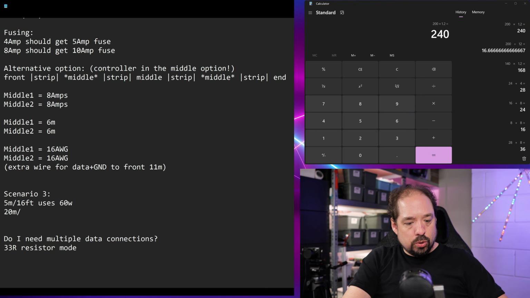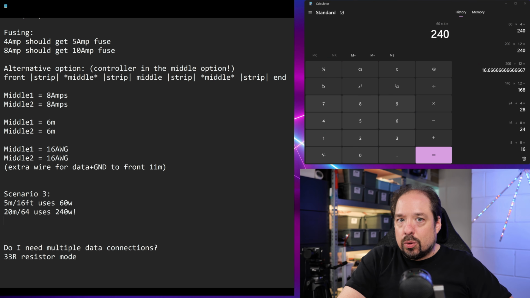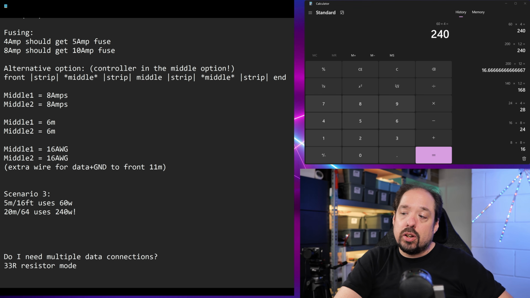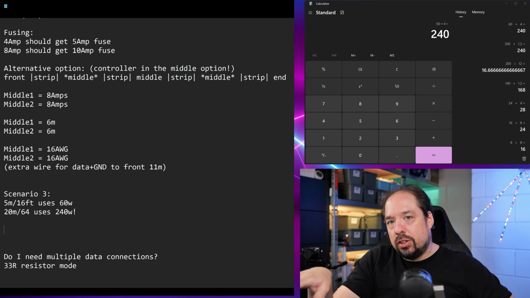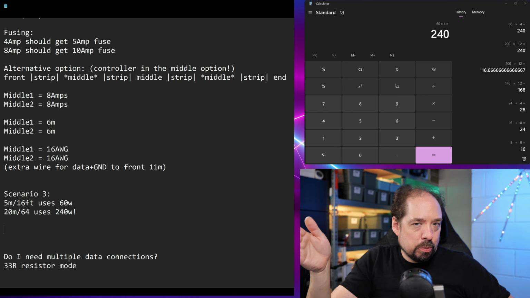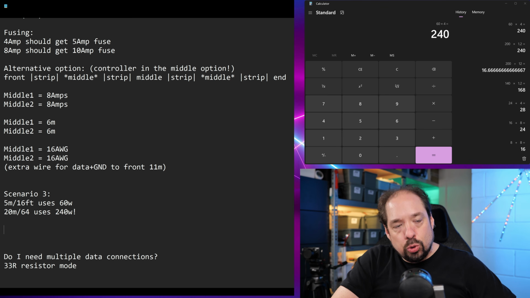So 20 meter or 64 feet uses, well, we're going to calculate almost everything, right? 240 watts. Now you're going to say, wait, that's way more wattage than the other ones. Yes, but I'll also say that this COB LED strip is the most vibrant and I think has the most light output versus all the others. Still, 240 watt